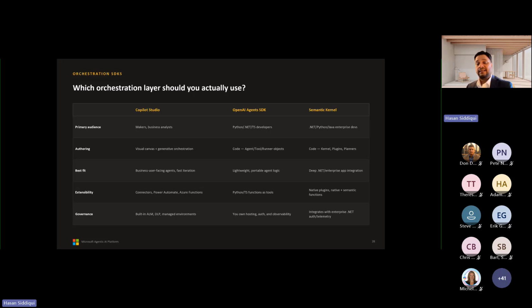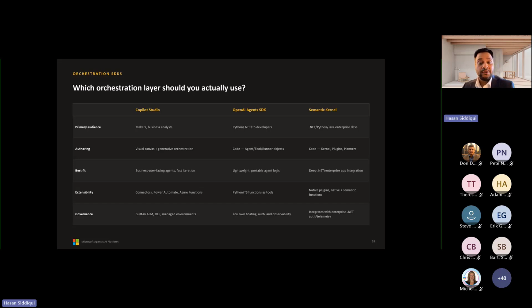As I see it, larger clients often end up using two of these three: Copilot Studio for the business-user-facing agent, and the Agents SDK or Semantic Kernel for the pro-code service.